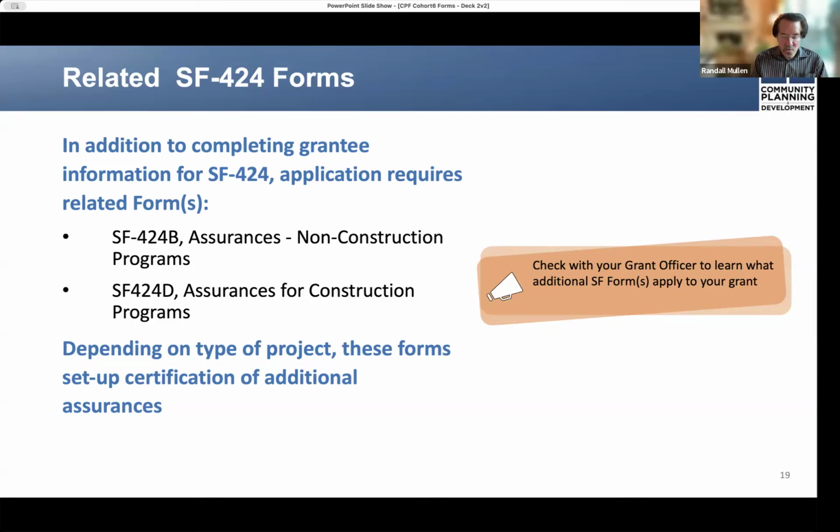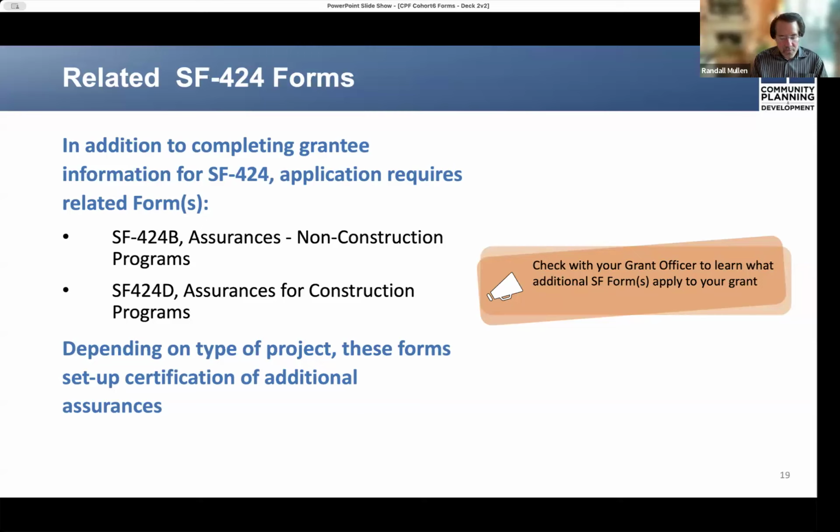As you see here, one of the forms relates to construction programs or projects. The other form relates to non-construction programs or projects. And each form requires your representative to provide related additional assurances.